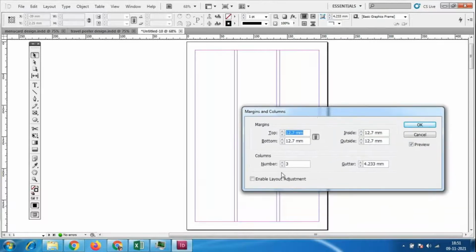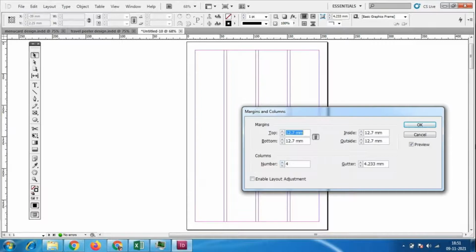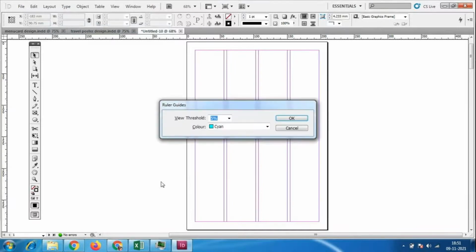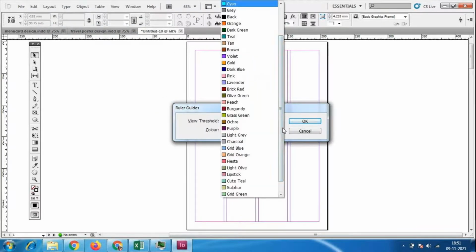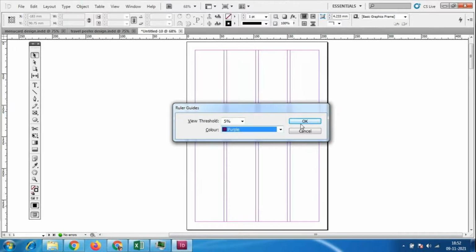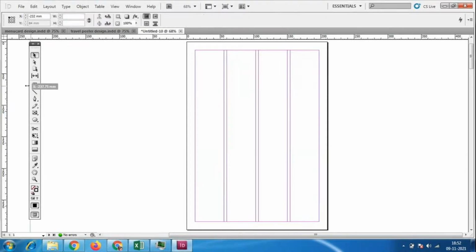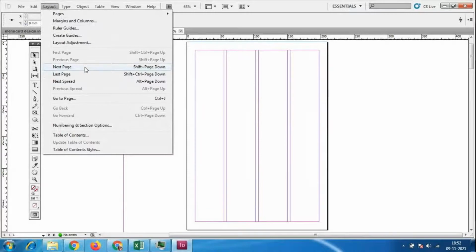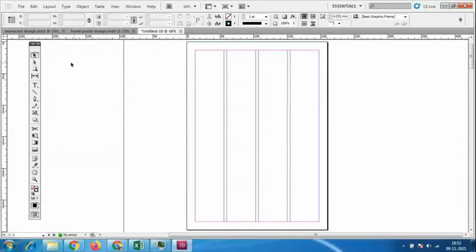So we have to take these many things into account here. And look here, layout and ruler's guide, this is the option. Any colors we can take. Just apply the ruler option. These are the ruler options, and if we don't want them, we can remove them. Always use the rulers to take measurements. In layout we get all these options here itself.